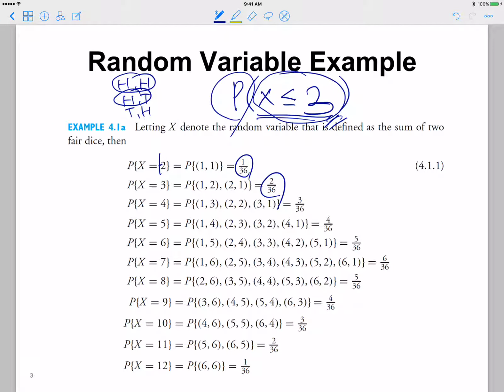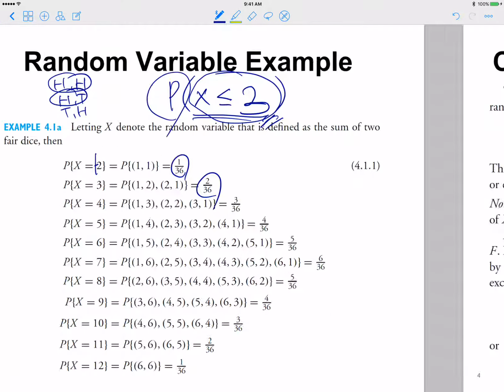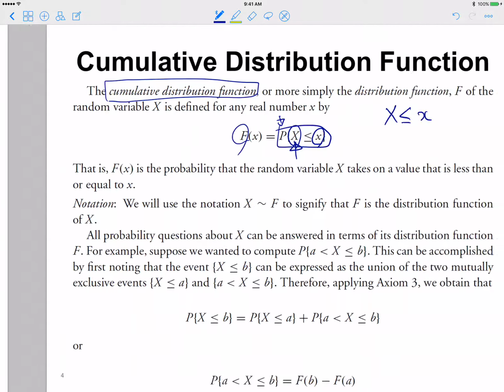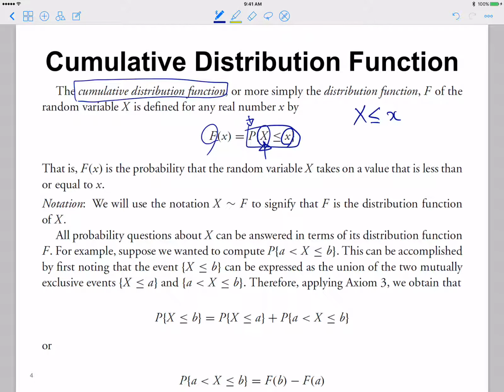So for each of these probabilities, F(5) is the probability that the random variable x is equal to or less than 5, and so we have to sum all these up, and then this cumulative distribution function